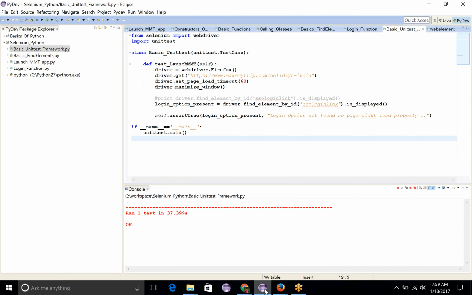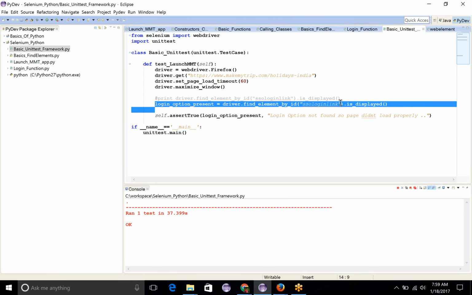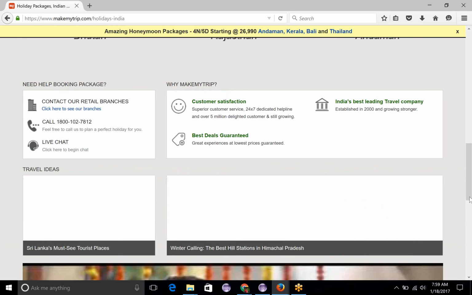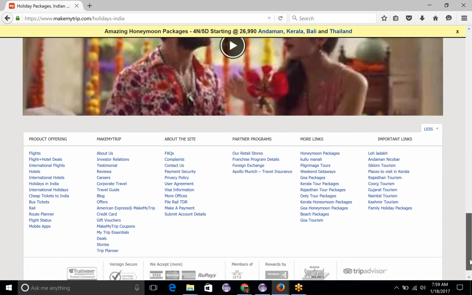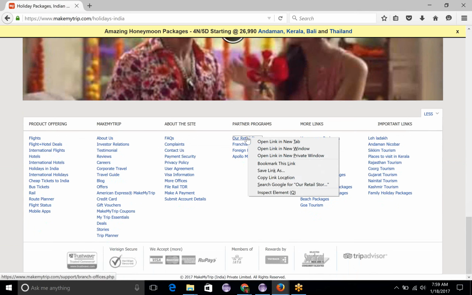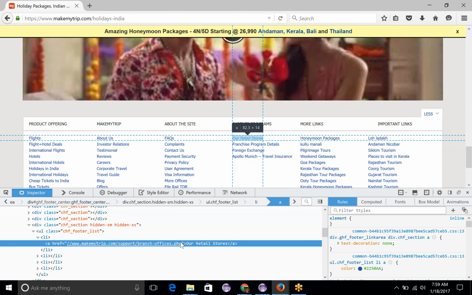Okay. So if you see, this test case got passed because this login option was present. Now, suppose this is something that is not immediately visible right now, because I have to scroll. Say this is a link or other retail stores. If I say I want to verify this,